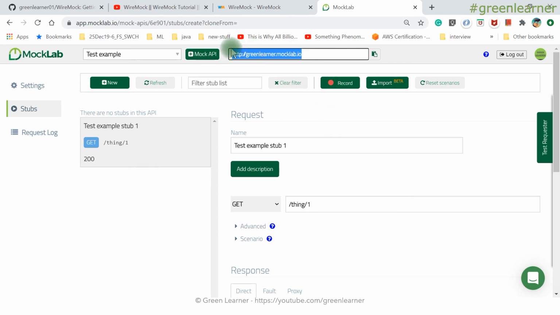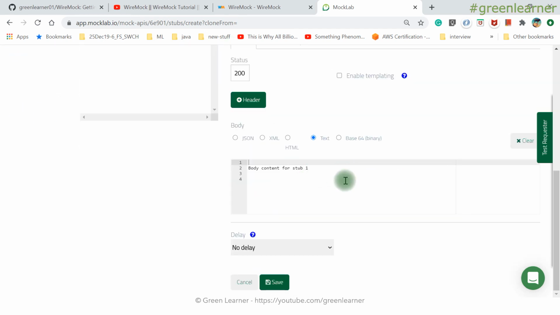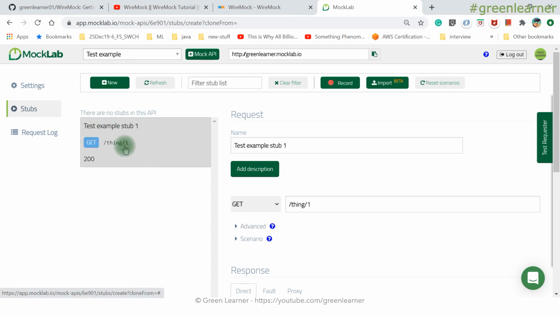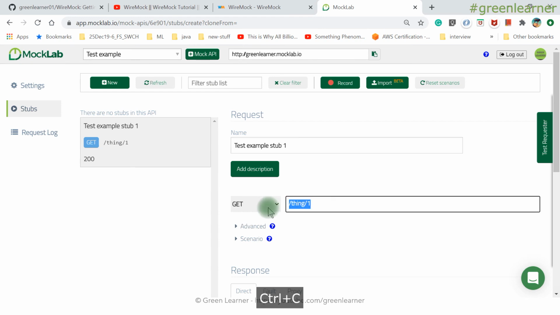With the same account you can create as many APIs as you need, and that can be the requirement as well, right? And you can go ahead and create the stubbing that I just explained. All the sections are here, right the way here that we have, right? Also, when you create the new API, they have created this one by default, so if you click this one, by default they have given it here.